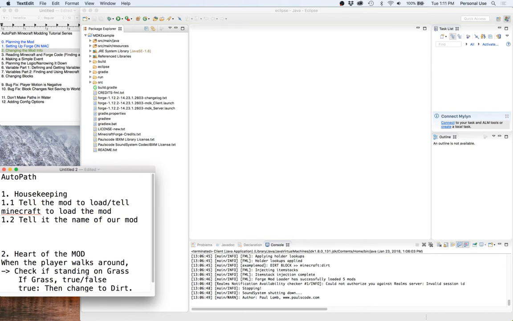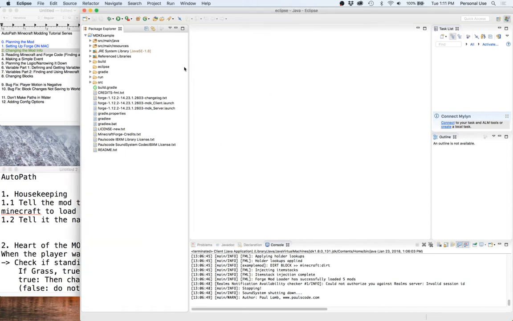And it's going to need to know, anyway, we'll just go look at it and see what it needs to know. How's that? So the first thing we're going to do is not call it MDK example mod. We're going to call it,